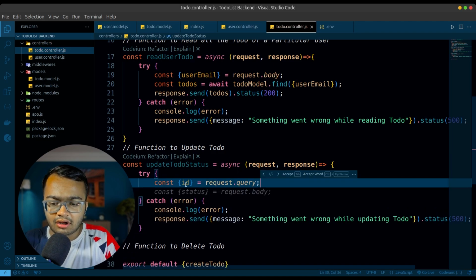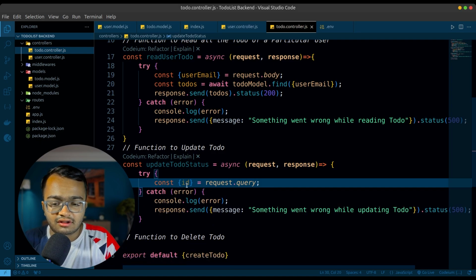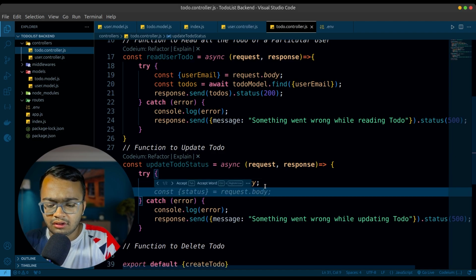Now if you did not destructure it like this, you can also write request.query.id, which I have shown for the case of body. So just write const id equal to request.query and you will obtain the ID. Well enough. So next thing which you have to do is const todo equal to await todoModel.find